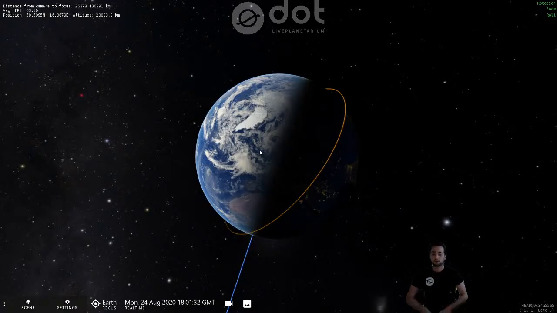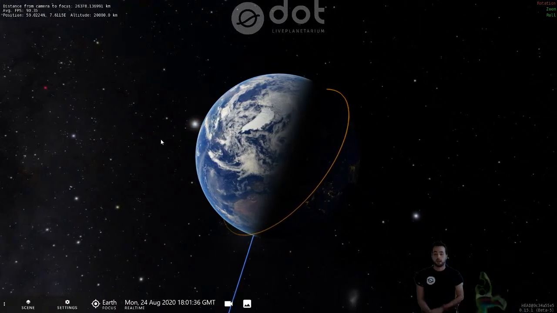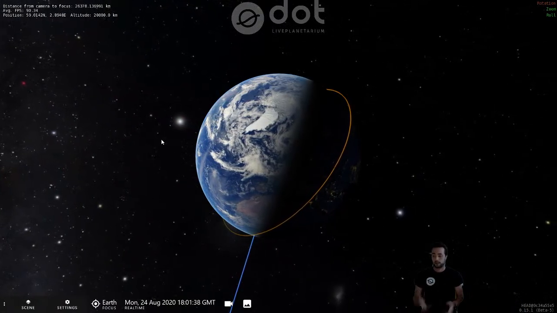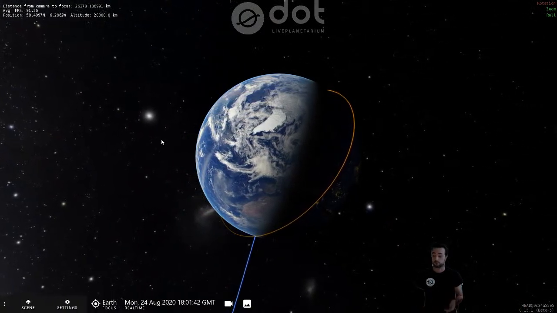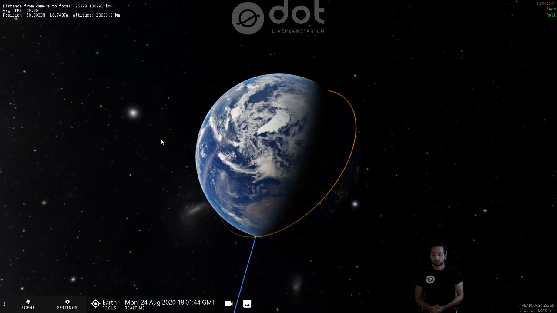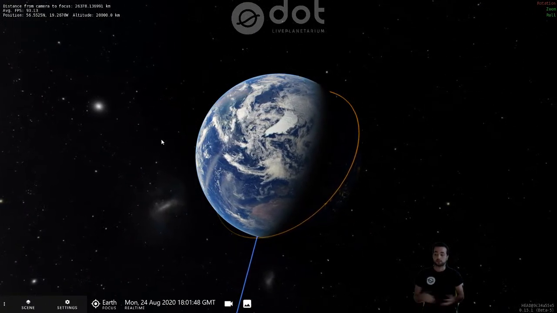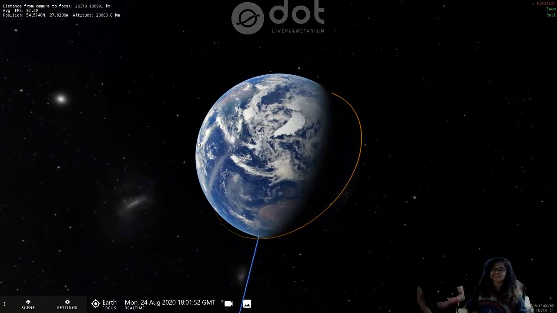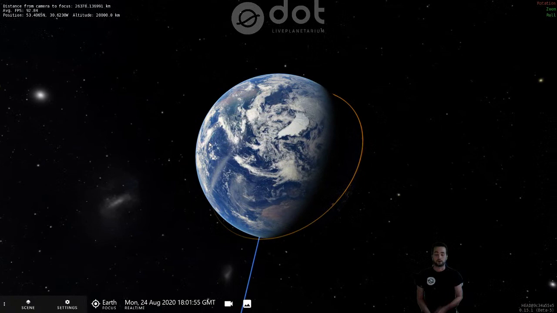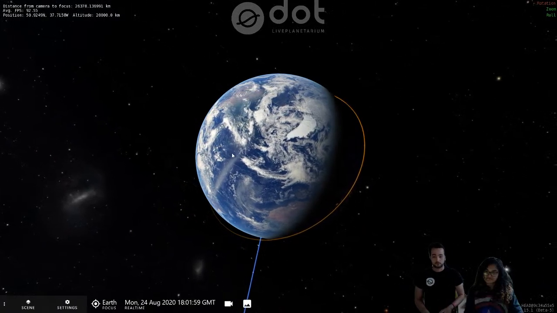So we already started up OpenSpace, and as you can see, this is the same screen we got the other times, and it shows us the Earth. What we're going to do is turn around and show you the difference between the daytime and the nighttime. Right now we're mostly looking at the day, which means the sun is on the left of our screen, shining on that part of the planet, and on the other side is the dark part, where it's night. So if we go to that part a bit faster,